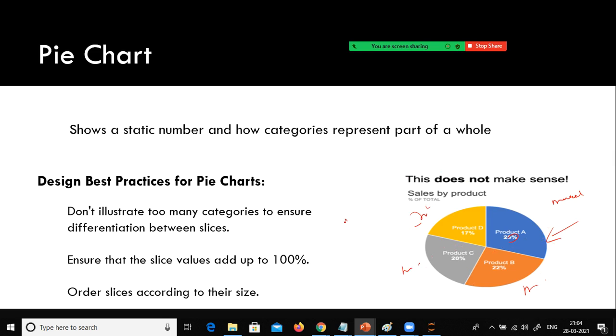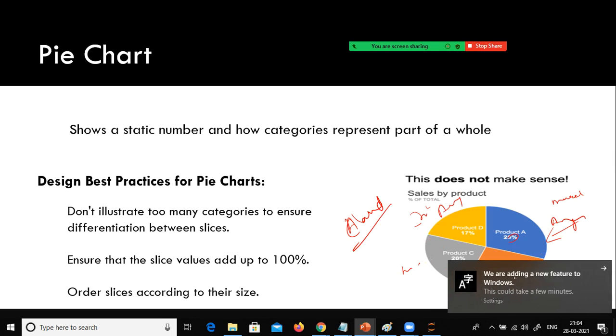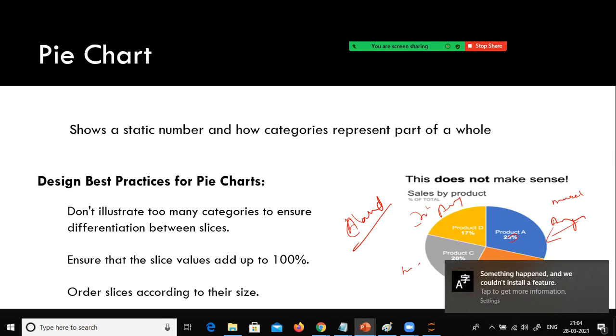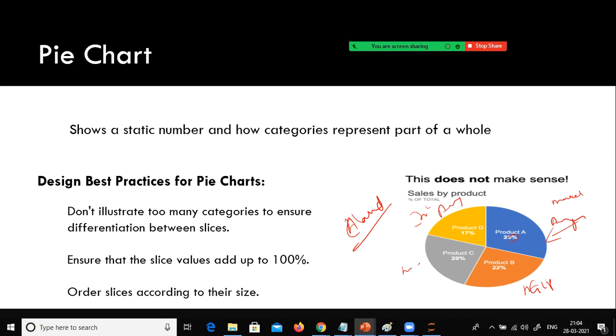Now cloud computing is gaining a lot of popularity: Google Cloud Platform, Azure, AWS. Likewise, different market players are there. Using a pie chart we can see each market player's market share. That way the pie chart is helpful.